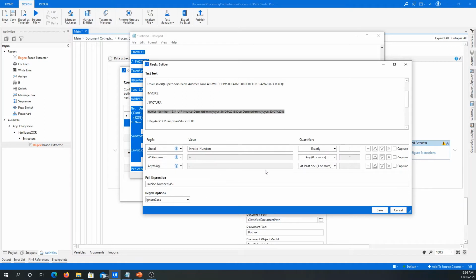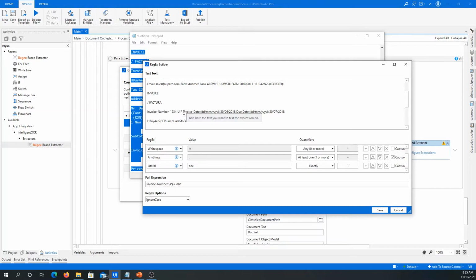And this thing is what I need to extract. So I'm going to say capture this anything. Whatever is placed after this white space, I need to extract that as my value. You can see this part is getting highlighted in yellow, but I only want to extract this particular section, and I don't want the text after this white space. So we'll fix that. All you need to do is add a new regex,